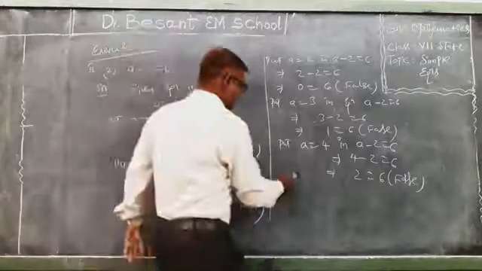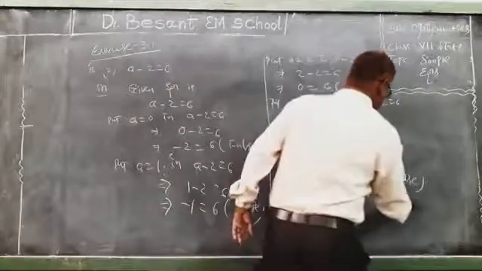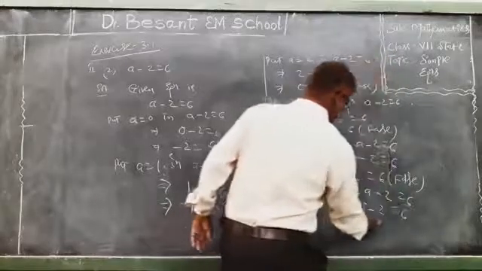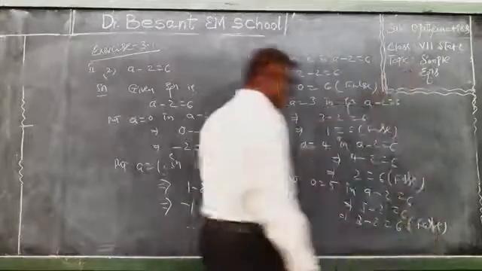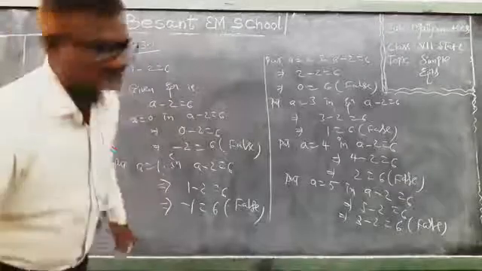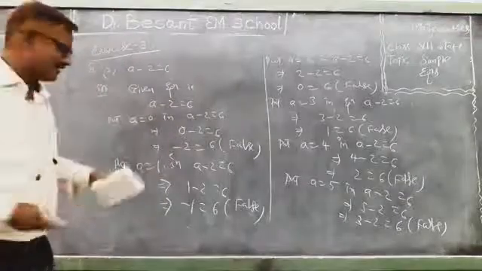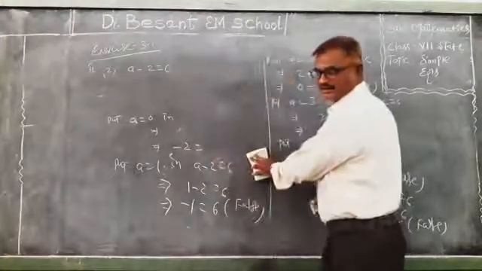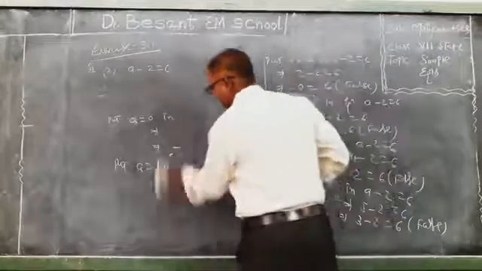Then you put a equal to 5 in the equation a minus 2 is equal to 6. a means 5 minus 2 equal to 6. 5 minus 2 is 3, equal to 6, which is also false. So 5 is also not a solution for the equation. Hence this problem is not completed. We have to go for a equal to 6. Verify. Did you understand? Yes. Now verify, children.